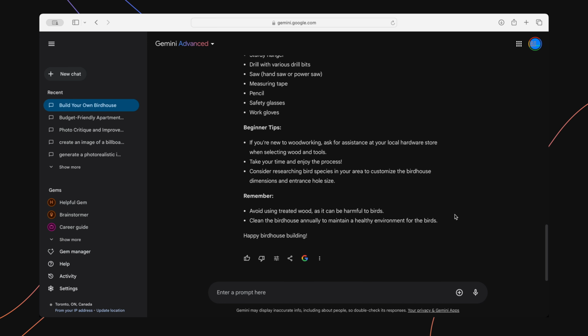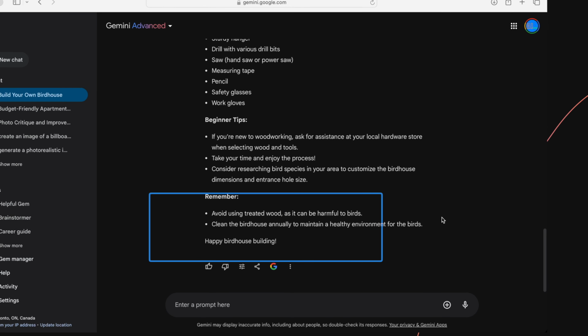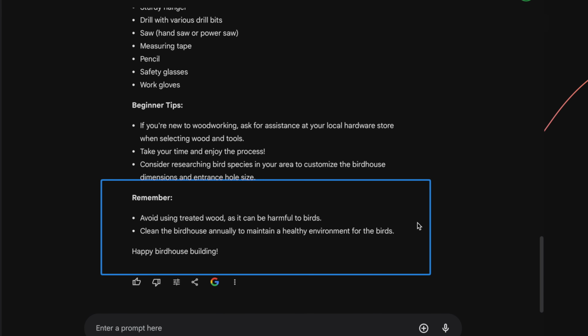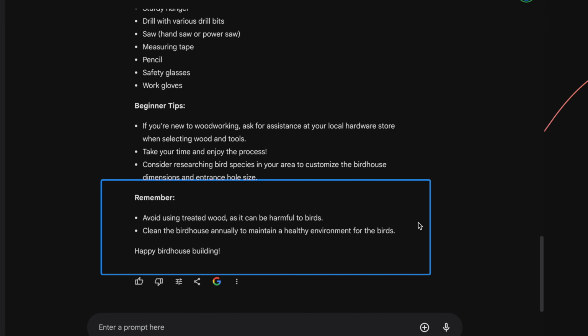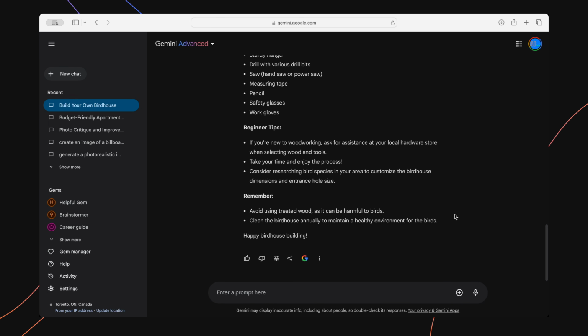I like how Gemini even includes important tips that may be overlooked, such as avoiding using treated wood for the birds and, of course, cleaning the birdhouse annually. Overall, reverse engineering can be so much fun and a great way to lose many weekends to the most random